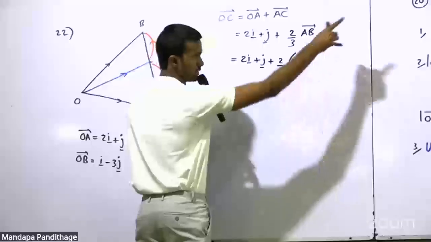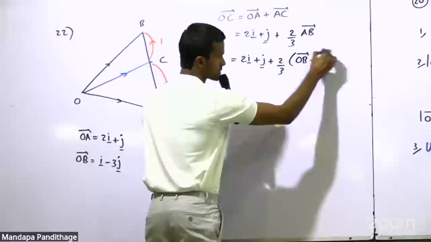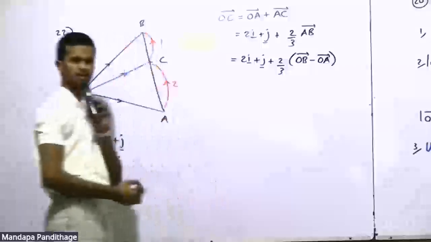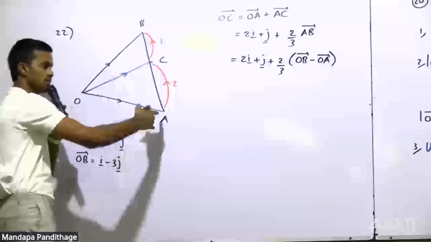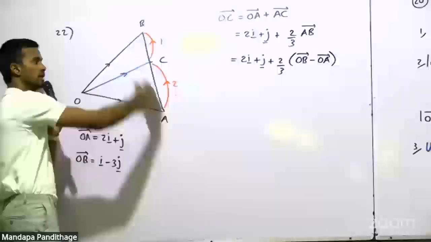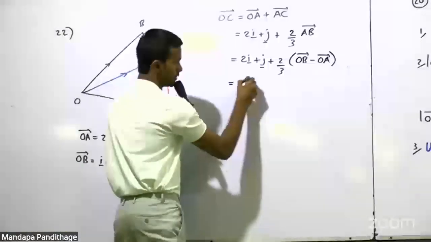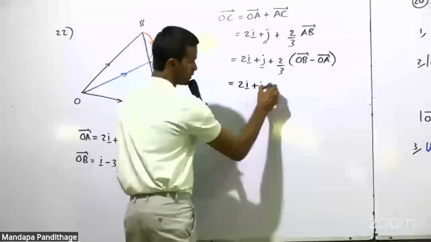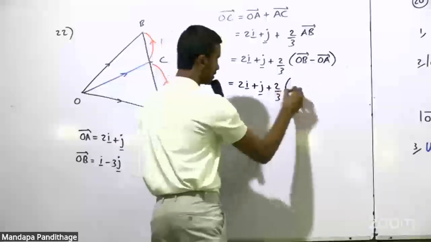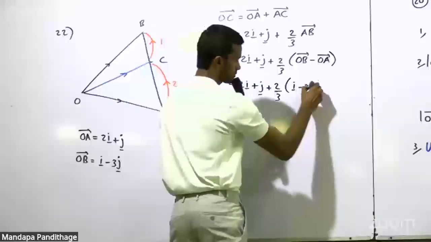AB can be written in the same way we have taken this, OB minus OA. Clear? Same thing, the vector addition. OC is equal to, you can even go in this way. I have taken this root, OA plus AC. And then this is equal to, what is OB? It's i minus 3j